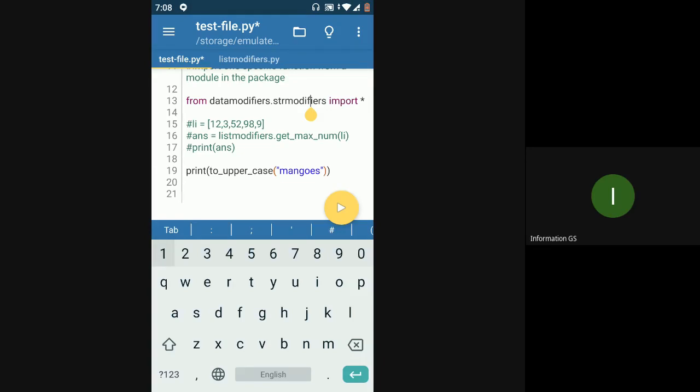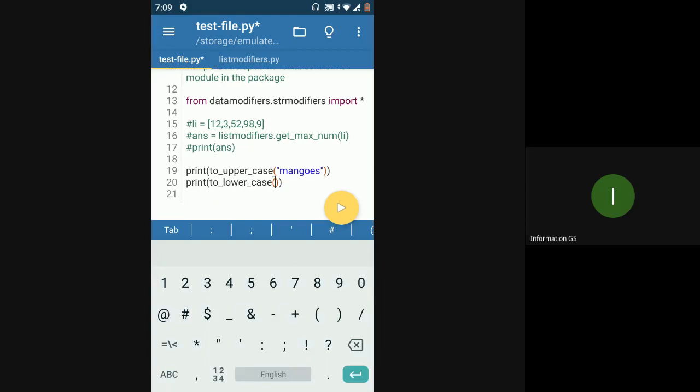So here, just as I've used two uppercase, you can use two lowercase as well, even though I haven't explicitly mentioned it while importing. I've just mentioned a star while importing, and I can use all the functions present inside str modifiers module. Two lowercase. Yes. Great. Yeah, so you have it in lowercase now.